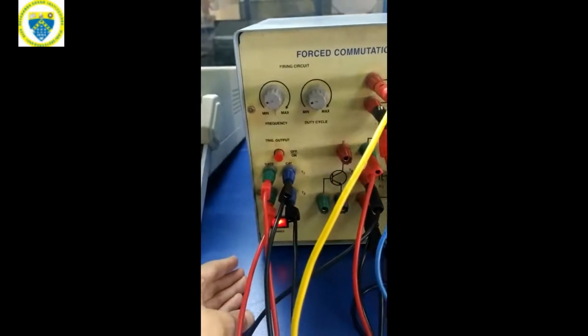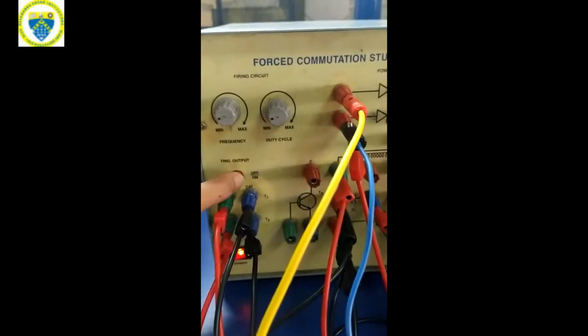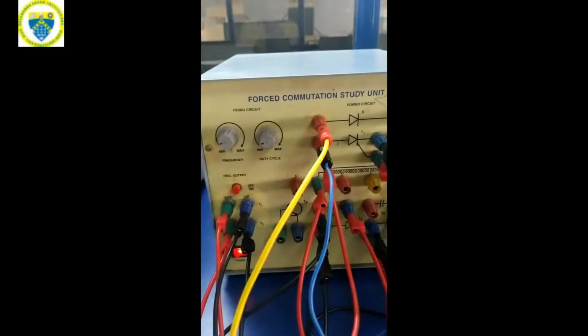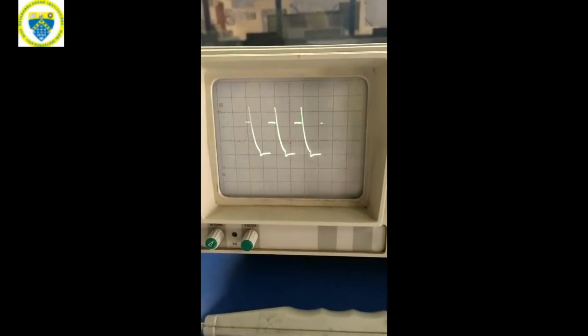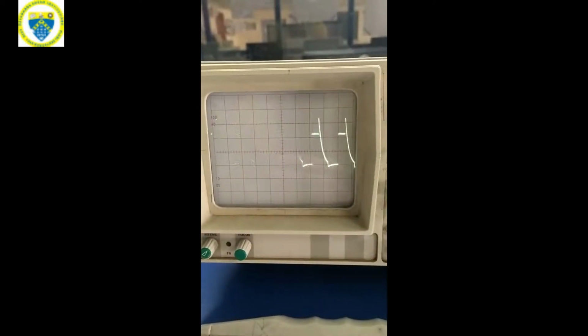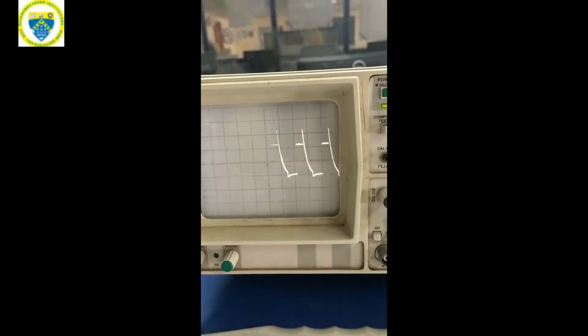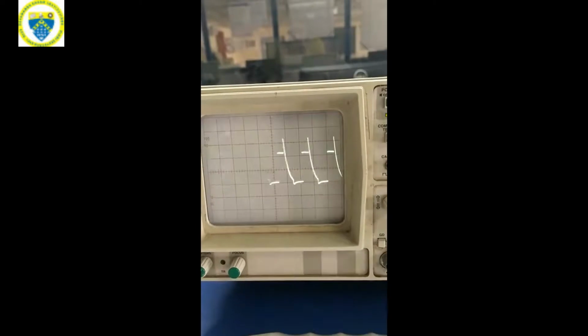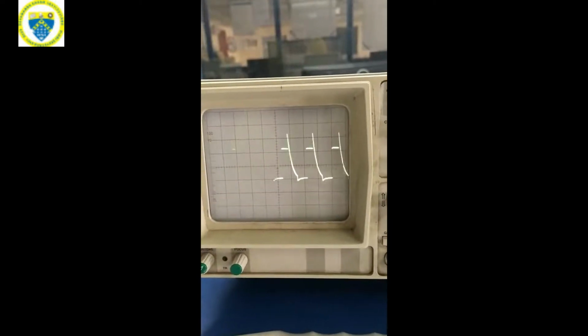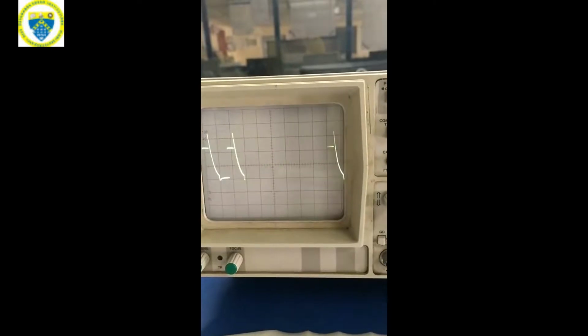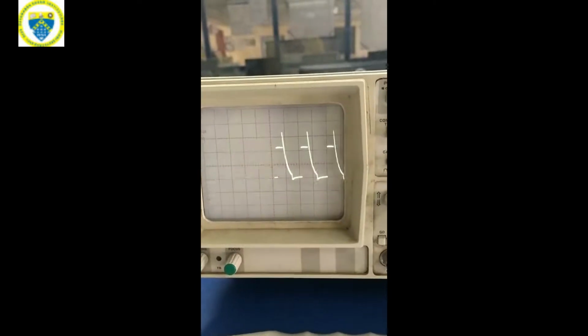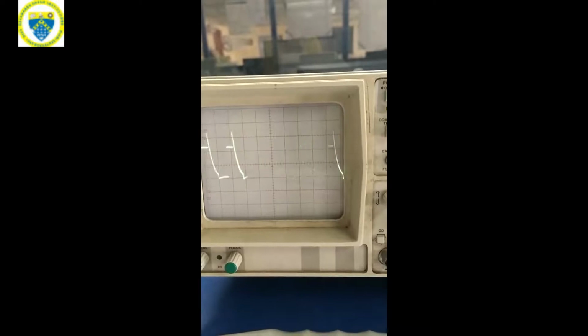Turn on the supply. Turn on the triggering pulses. You can see the waveforms. This is nothing but the load voltage that is being observed here. This load voltage can be explained with different time instants.